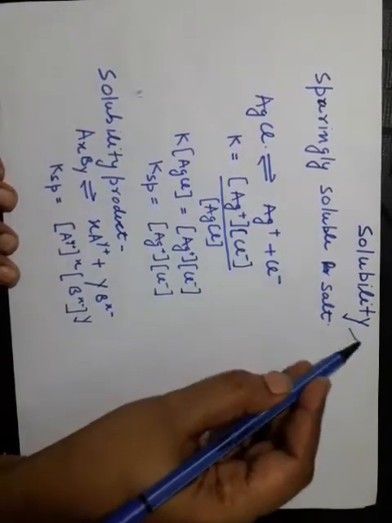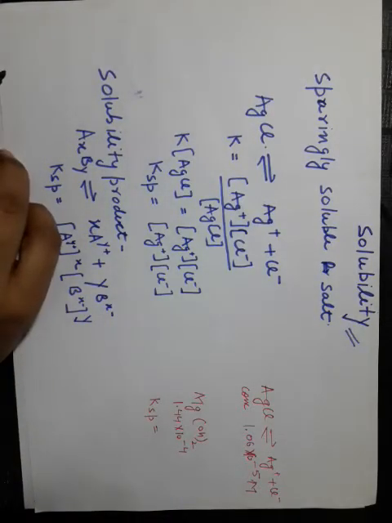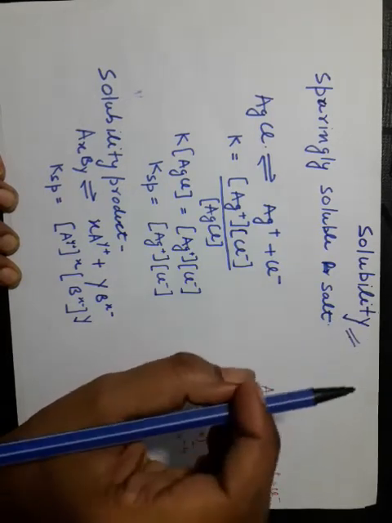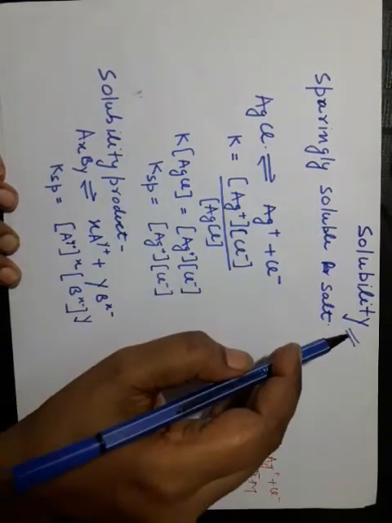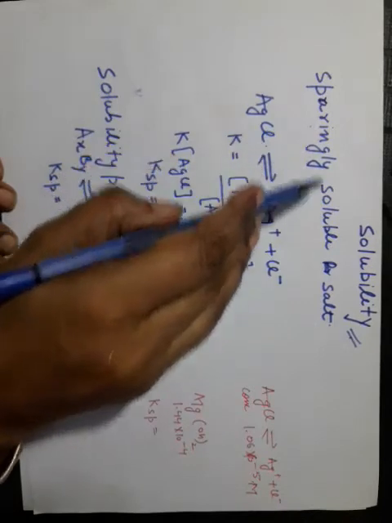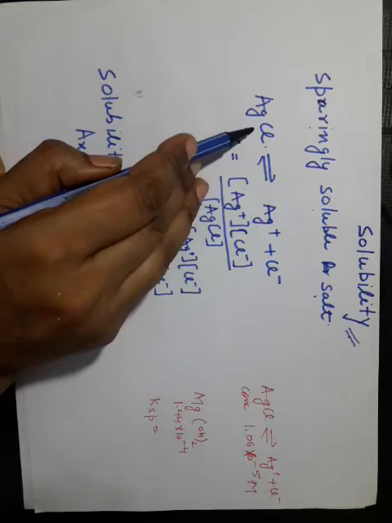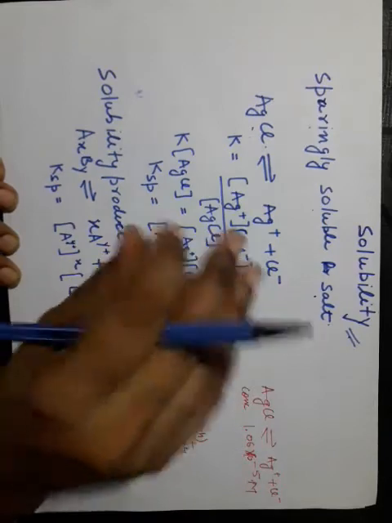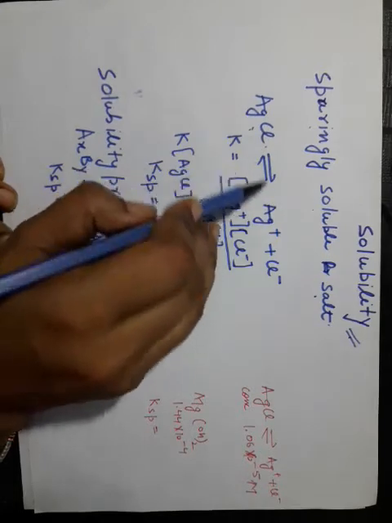Now the next topic is solubility. See students, there are two categories of substances: those which are completely soluble in a given solvent, and those which dissolve in only a small amount. The compounds which dissolve in small amount are called sparingly soluble salts. Let's take the example of AgCl. AgCl, when dissolved in water, some Ag ion and chloride ion dissociate in water, and some remains in undissociated form. They form equilibrium between them.